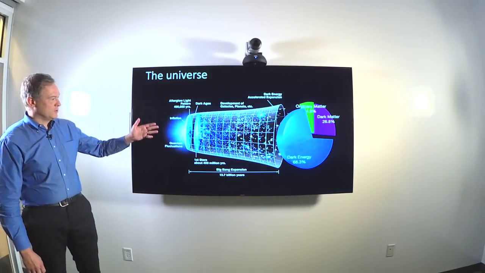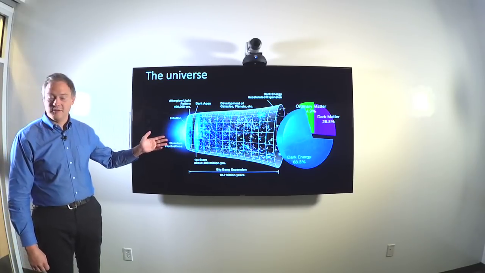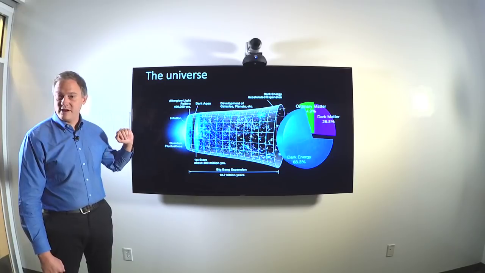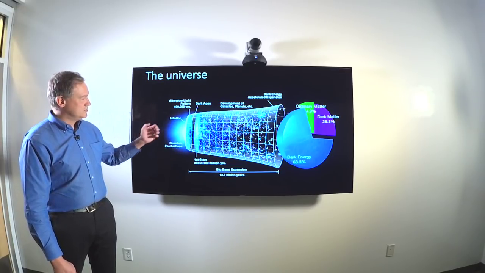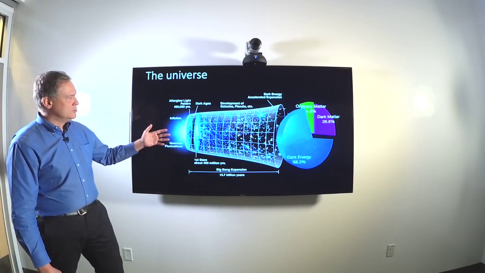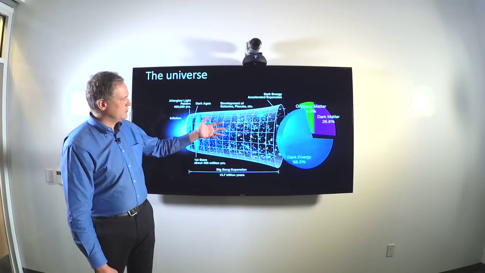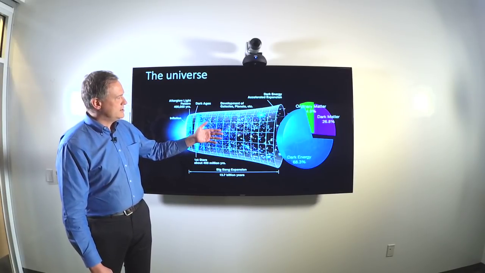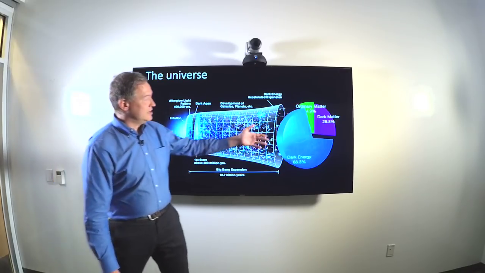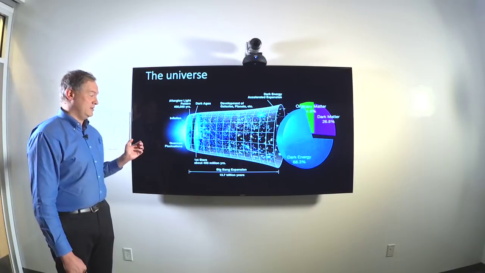So there's evidence for dark matter from a variety of different length and time scales in the universe, from the Big Bang, where the speckle patterns of the cosmic microwave background give us evidence for dark matter, to the formation of galaxies and the rate of their formation, to lensing of light around galaxy clusters. And all this evidence over many different length and time scales tells us that about a quarter of the mass energy density of the universe is dark matter.